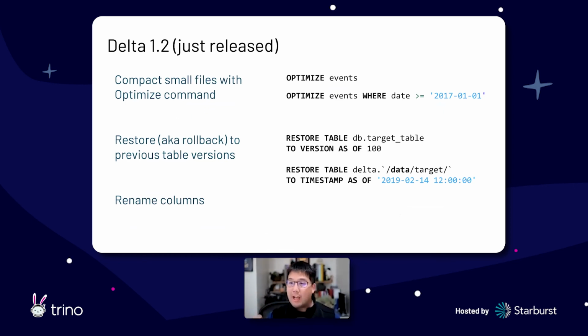For some of you, you're going to ask me the question, hey, that's great that I've got optimize, but where's optimize Z order? That's actually part of our Delta 2.0 push as well. So if you take a look at the Delta Lake GitHub issues or delta.io/roadmap, you'll notice it's right there. You want to restore or roll back to previous table versions. You could do it before with some funky queries, but now we're just including the restore table function. That makes it a lot easier. And you can also rename columns.